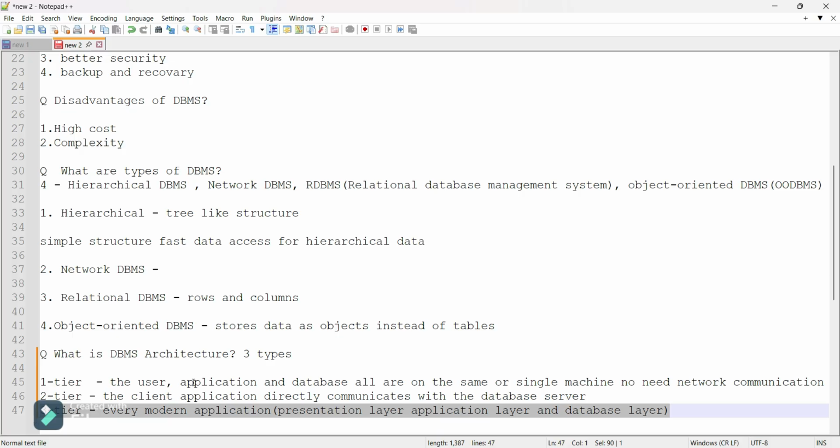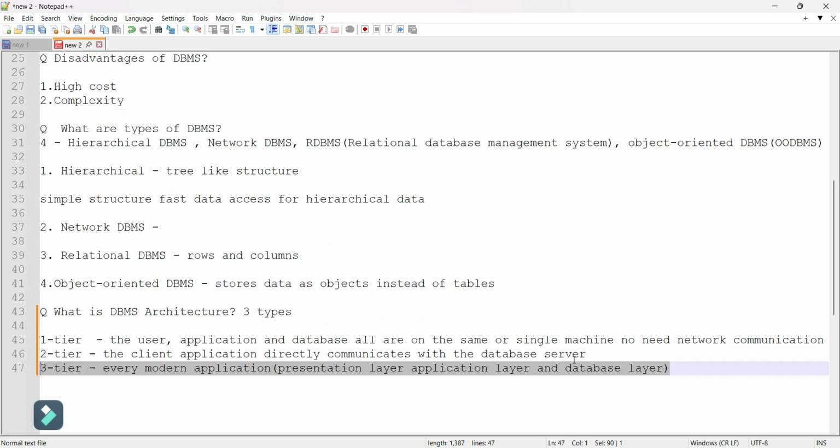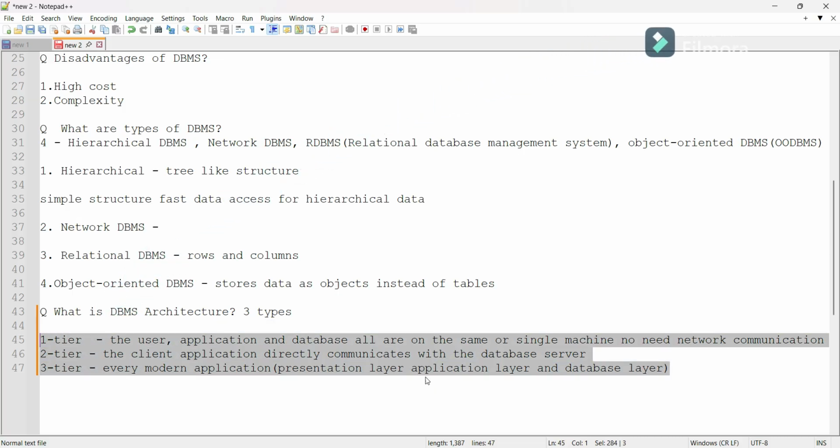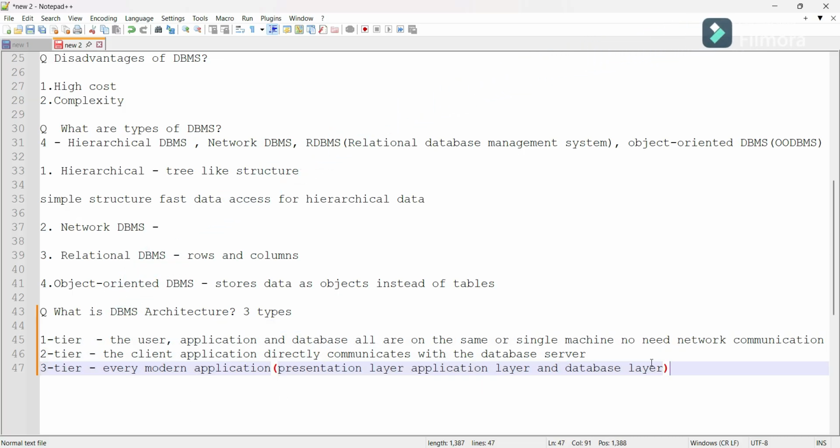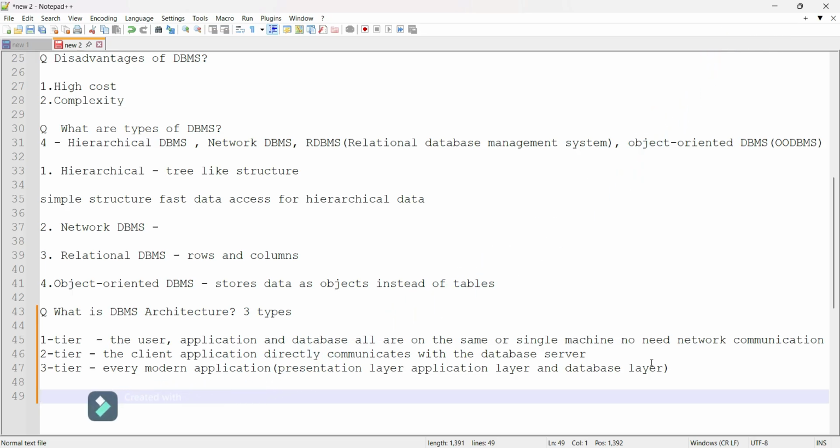So in a simple comparison, one-tier architecture is mainly for learning and testing, for example MySQL on our laptop.